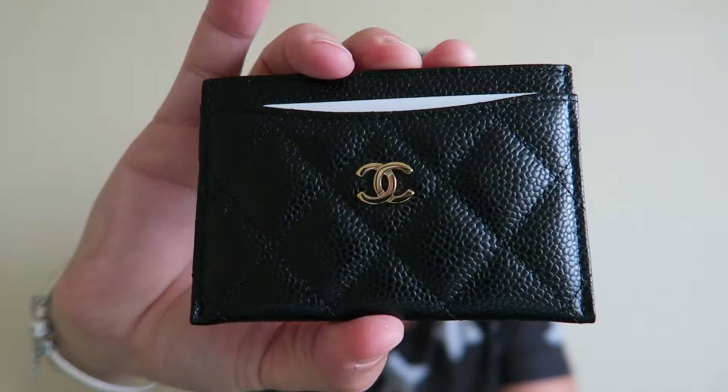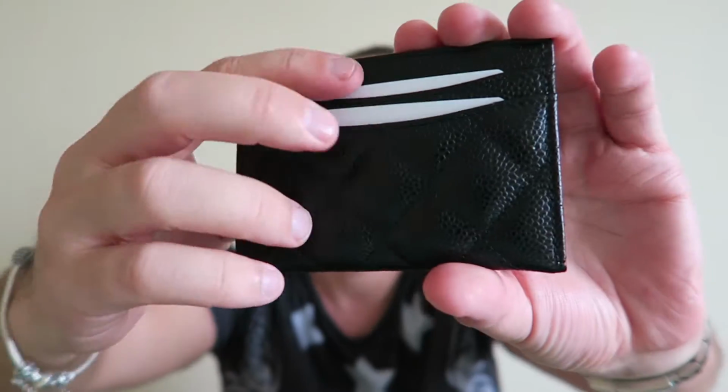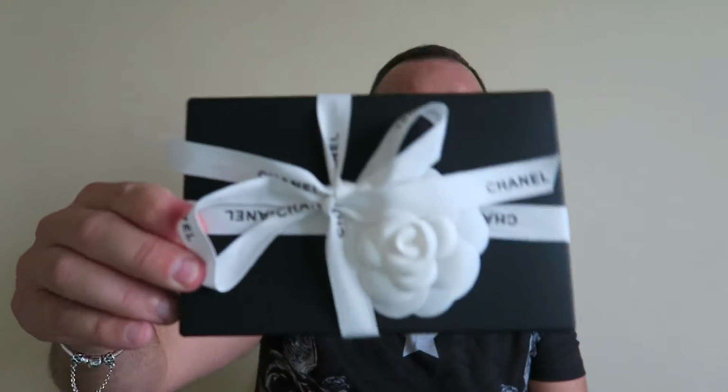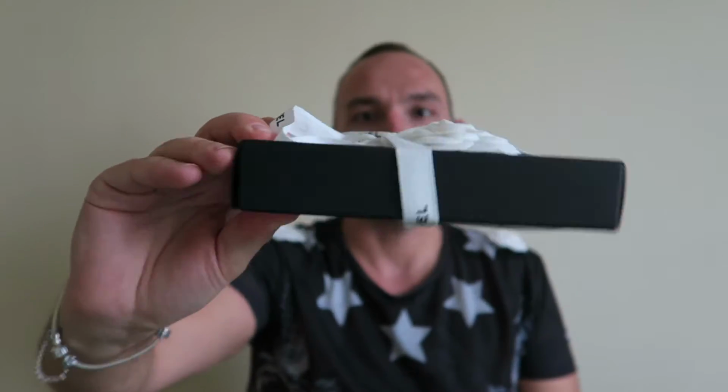There we go. The setup: front 1 pocket, back 2 pockets, and then on the top it opens like this. Okay, so this is the Chanel card holder. I'm sorry about that, guys, going out of the picture, but there's no other way to do this. Here is another Chanel box, yes, and in this one,